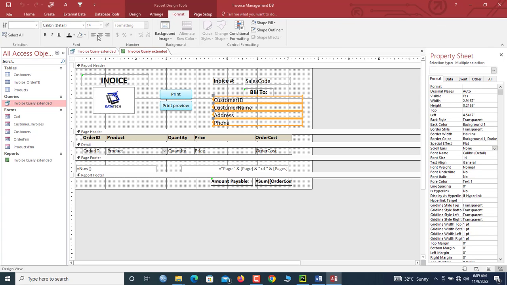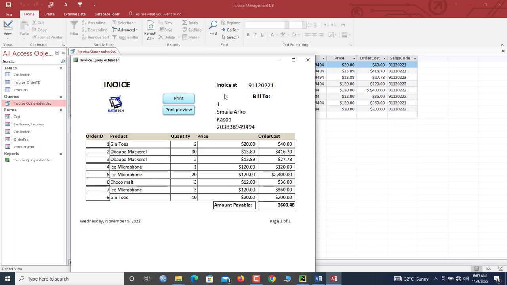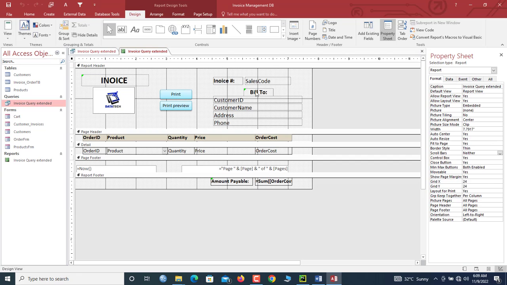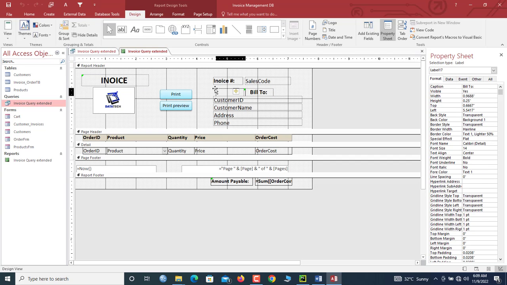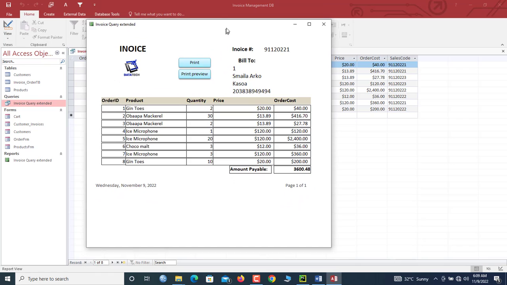So align to left. Okay, so now once we are done, let us modify the build to, so it has to appear here. Okay guys, so now that you are done with this,